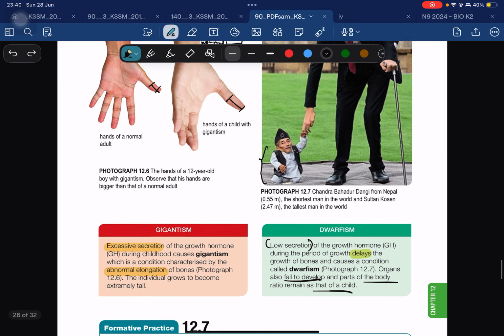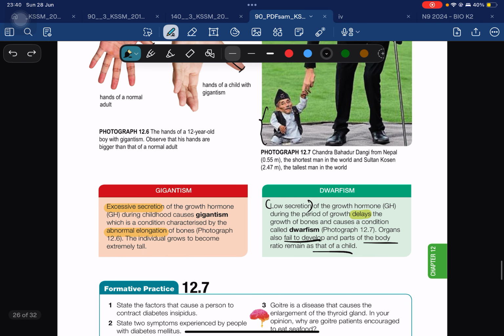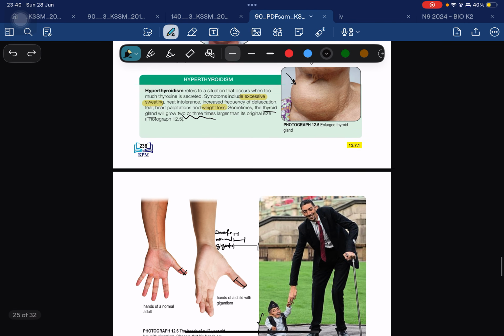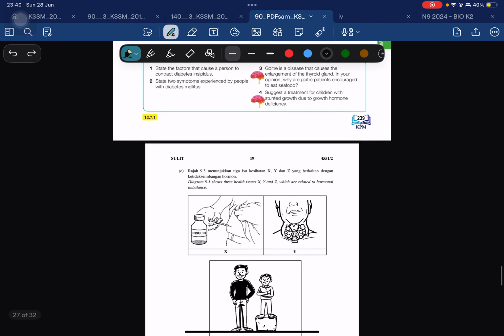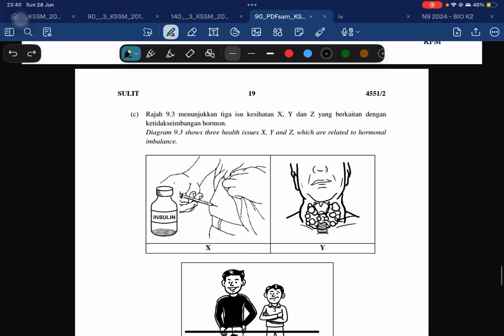And also gigantism and dwarfism. This is the last two issues, where gigantism is caused by the secretion of growth hormone, and low secretion of growth hormone causes dwarfism. So that is overall about this subtopic 12.7. It's actually pretty easy for this chapter. So now we go through the questions from